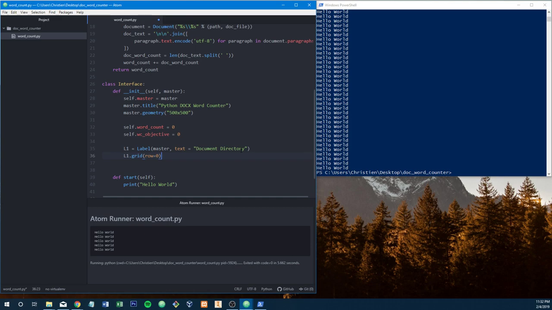So the first thing that you should ever see on top of the screen in the 0th row is this label, and we're going to give them a friend called L2. That's going to be a label, and it's going to be master text word count objective, and this is going to be an optional argument because we don't want to make them